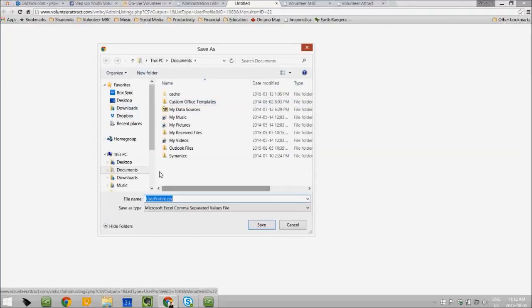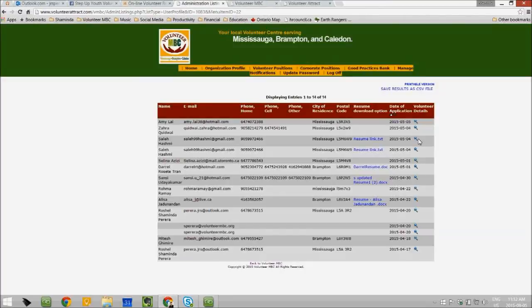Yes, what will happen is it will give you a CSV file, which looks like a spreadsheet that you can save in your computer, and then contact them or use it as a mail merging opportunity to send messages to the applicants. And it also lists the phone numbers, the city of residence, and also the postal code in case you want to check where these applicants are coming from.